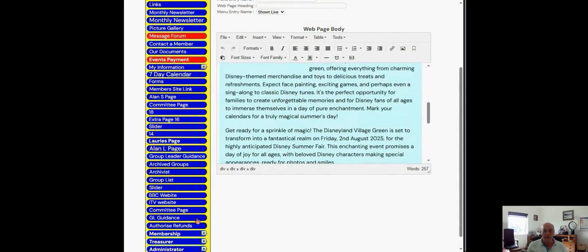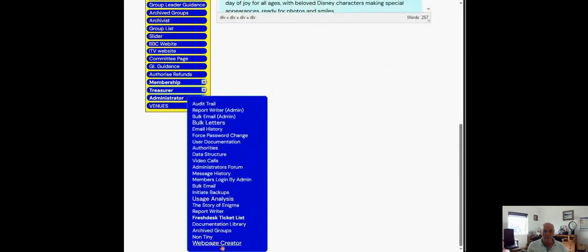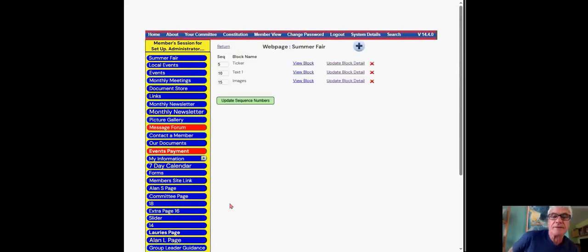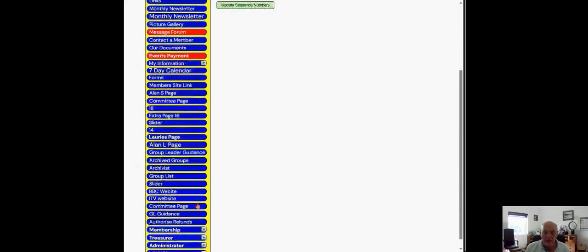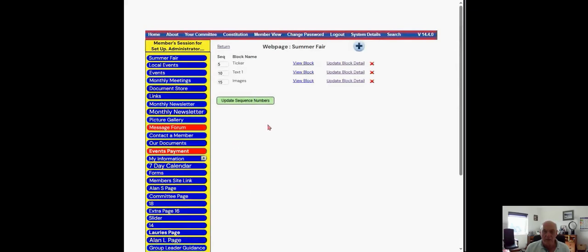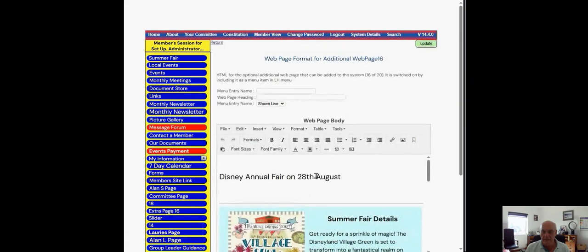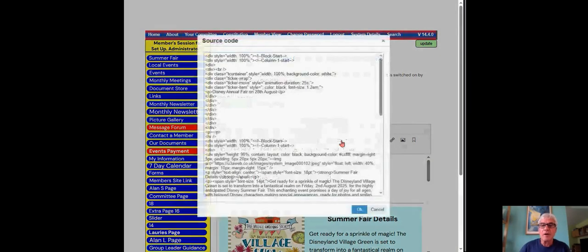Alternatively, you can also do it inside with the web creator as well. You've obviously got the text editor. Chris, when I use the text editor, say again, sorry. When you use the text editor, if you go into the source, the tiny one. Yeah. When you want to do it yourself from the admin page, you want to do a change to it. Okay. So we go to systems details and additional page 16. And if you go into the source code at the top, I wanted to change the width of one of the,